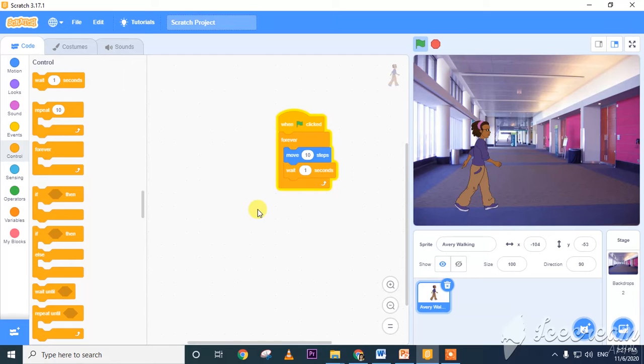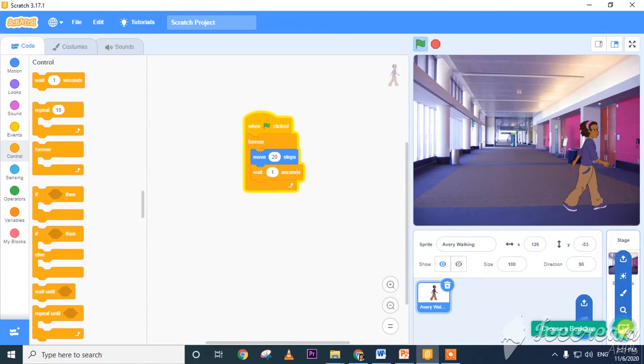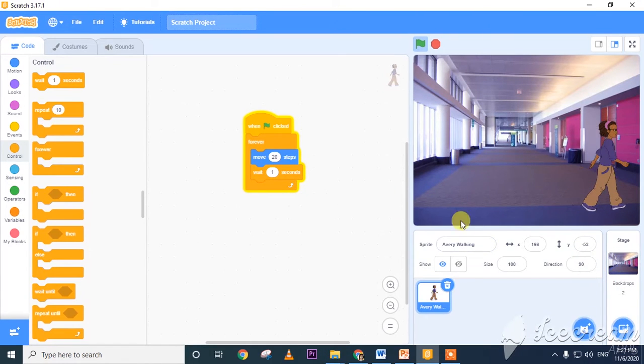See, it's moving like this. Stop. See, the animation character is moving. So in this way we can move the sprites. We can change the backgrounds also here. This is called changing the sprite and changing the characters.